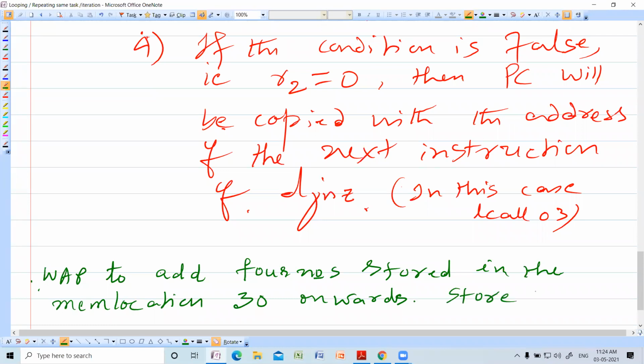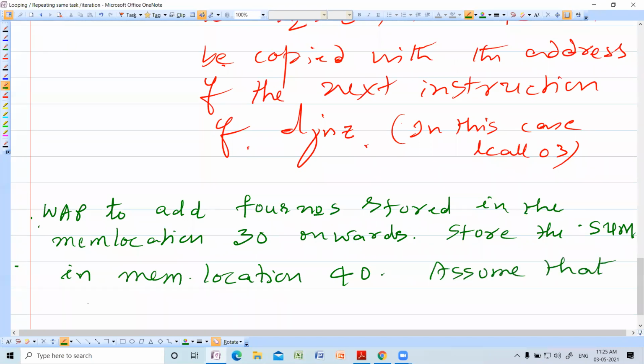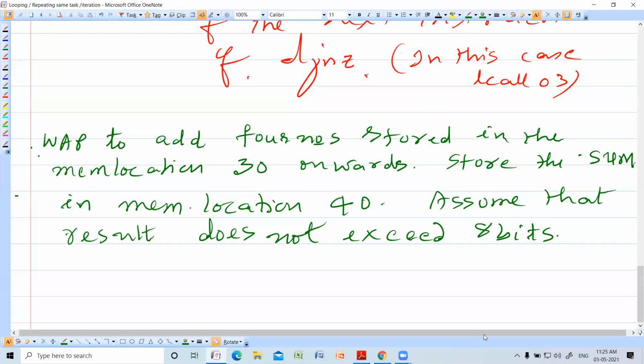Store the sum in memory location 40. Assume that the result does not exceed 8 bits. This is the next program.